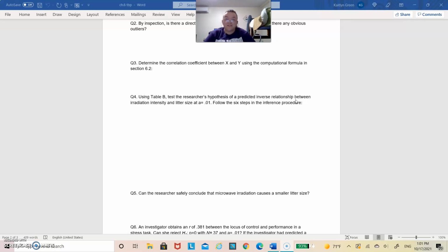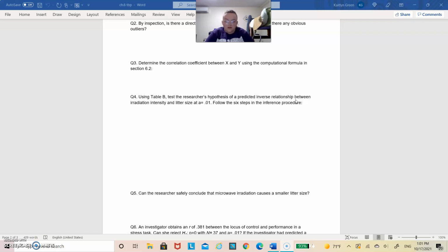But needless to say, we found that that was 40 because we subtracted the variables available from 2. So it was 42 minus 2 to get 40. And once we did that, we found that R calculated was negative 0.89 in the previous problem, and then we found R critical to be 0.358. We have to take the absolute value of the R cal, which is one thing that kind of tripped me up. But when we put the absolute value of it, we find that